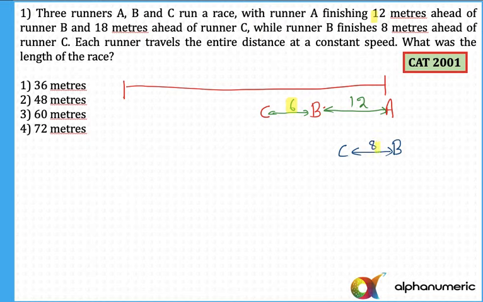Now when B completed the race, the gap has increased by 2 meters. Okay, there is an increase of 2 meters. You can see it here. From 6, it has changed to 8, 2 meters. So the gap increased by 2 meters when B has traveled 12 meters from here to here. Yes or no? B reached from here to here. So basically, when B traveled 12 meters, the gap between B and C increased by